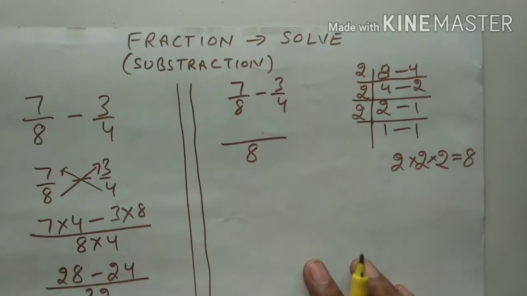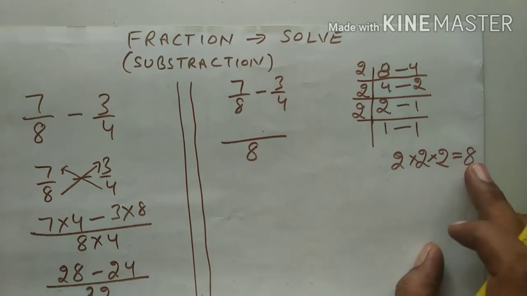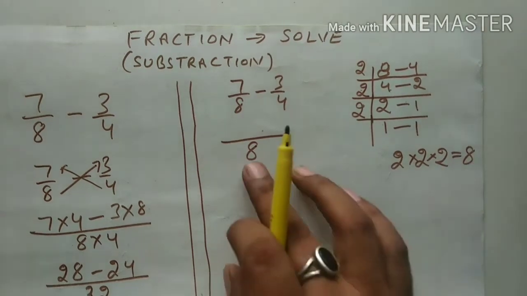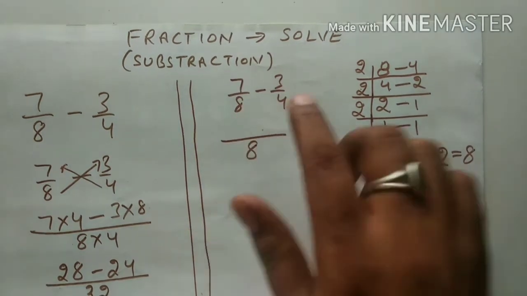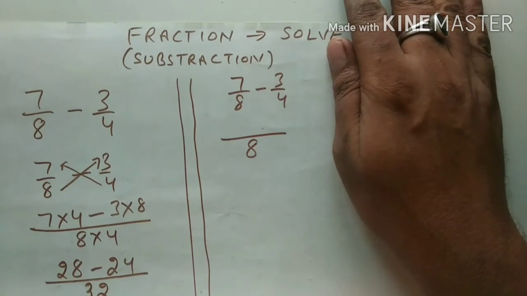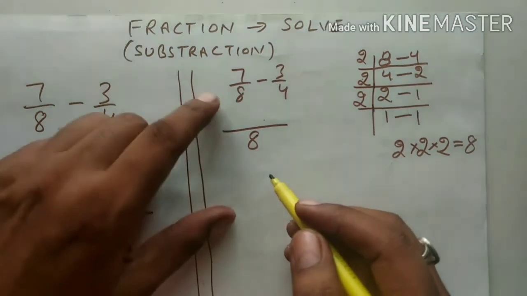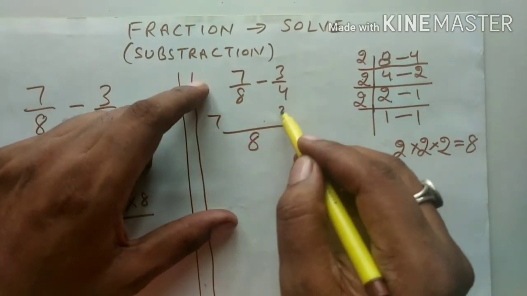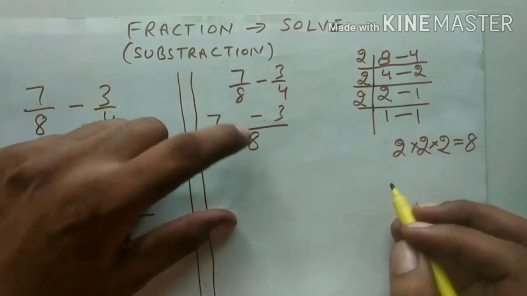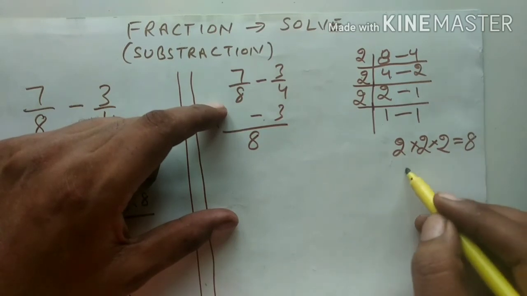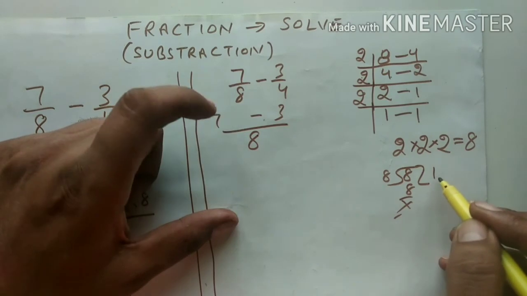Okay student, if you know this fact, then you can save your time to find the LCM. Okay, now you can see that exactly the answers are the same for the LCM. Now we can see that if we know this fact, then we need not find the LCM and we can save our time. So now what do I have to do? Firstly I will write 7 and 3 and minus between them. Now I will divide 8 by 8. What is the answer? 8 when divided by 8, the answer is 1. Okay, now I multiply this 1 with 7.